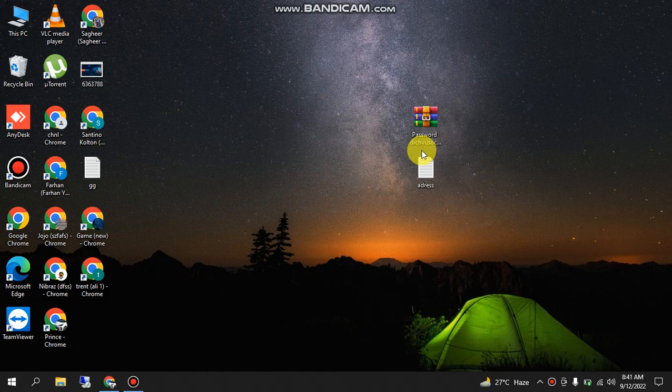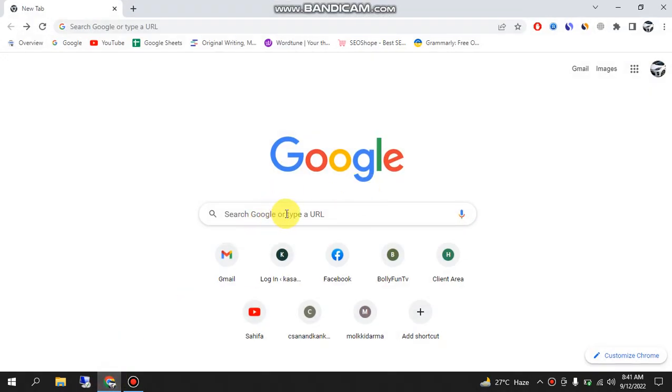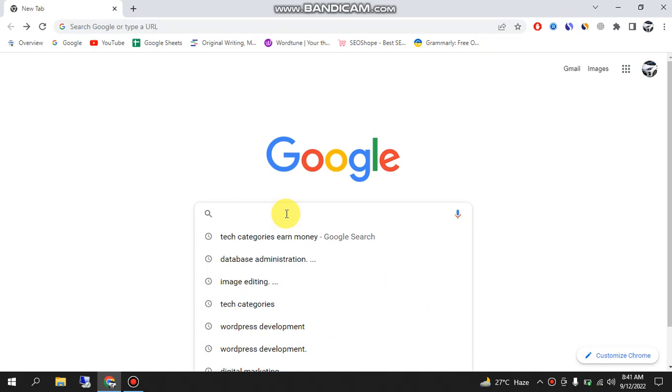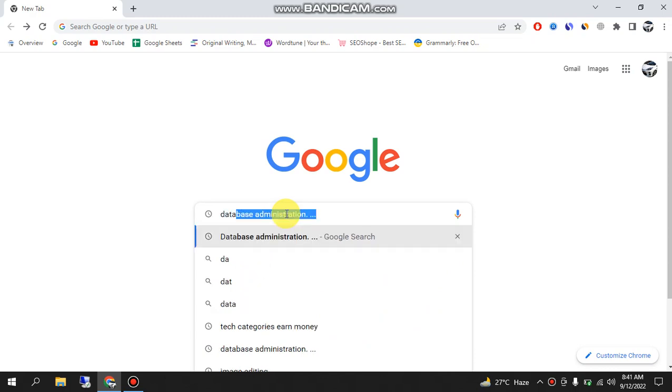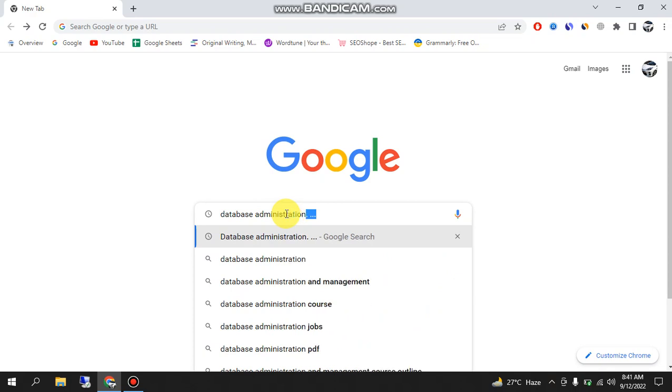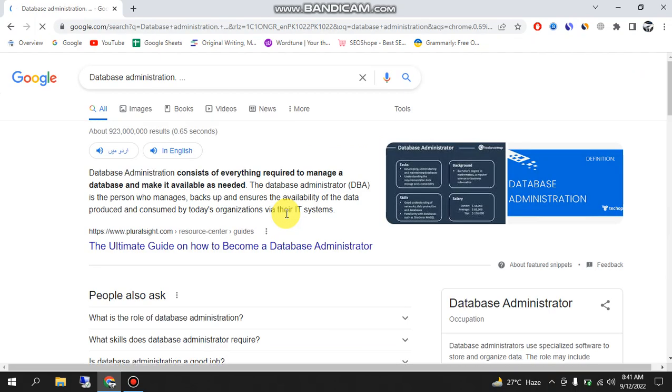And today I will be discussing database administration. So let's start. Open your Google Chrome and type "database administration" and press Enter. So, database